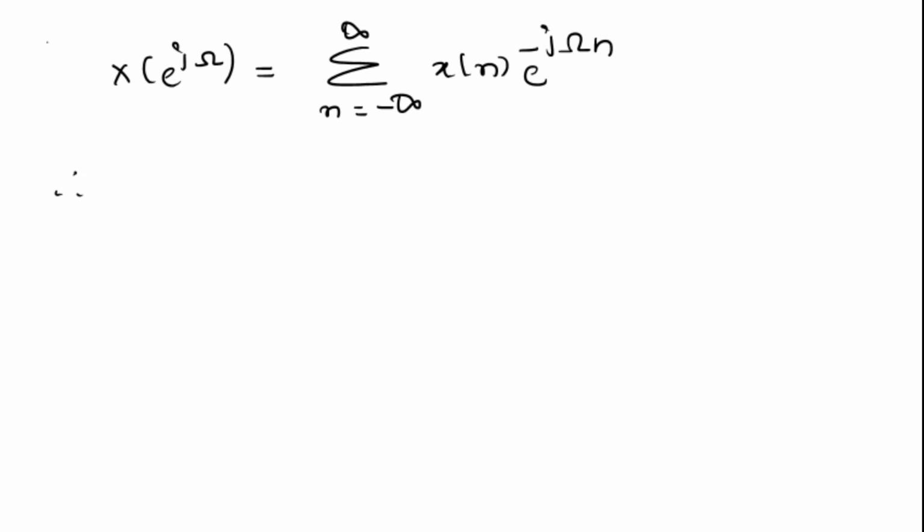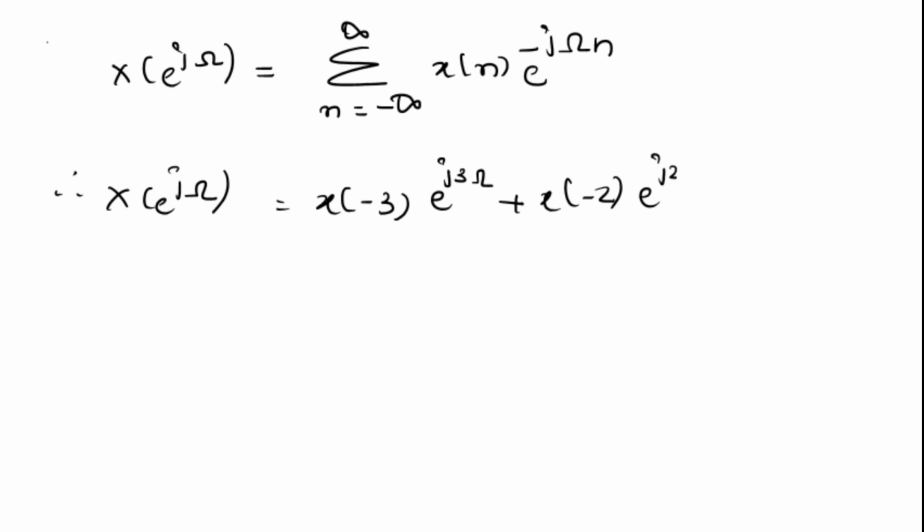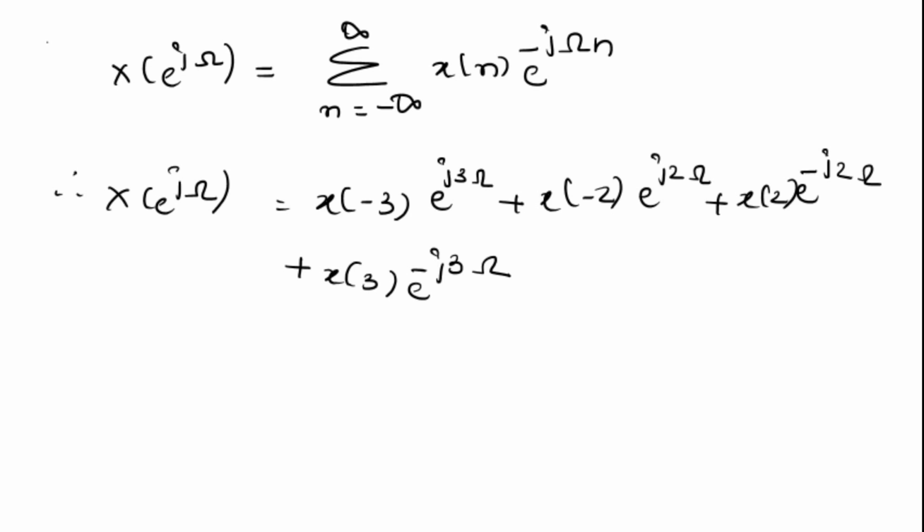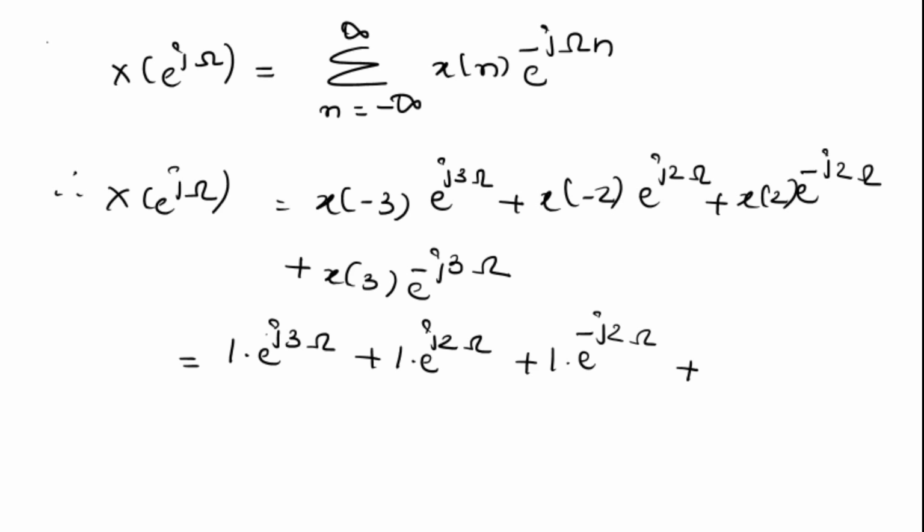Therefore, I can write X of e power j omega as x of -3 into e power j3 omega plus x of -2 into e power j2 omega plus x of 2 into e power minus j2 omega plus x of 3 into e power minus j3 omega, which is equal to 1 into e power j3 omega plus 1 into e power j2 omega plus 1 into e power minus j2 omega plus minus 1 into e power minus j3 omega,